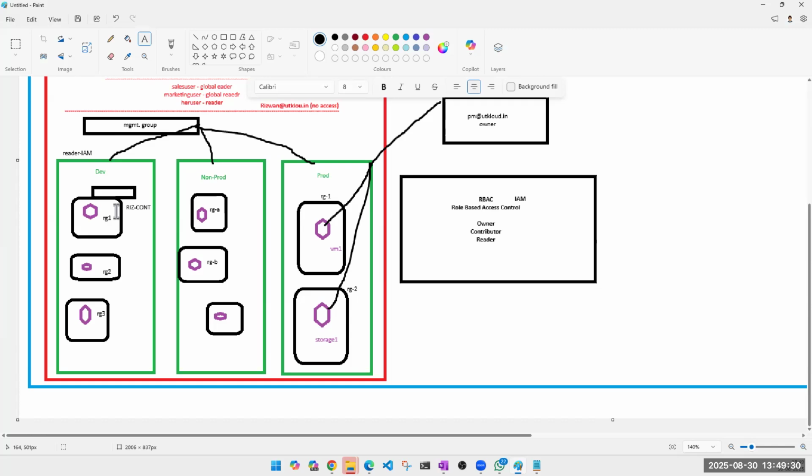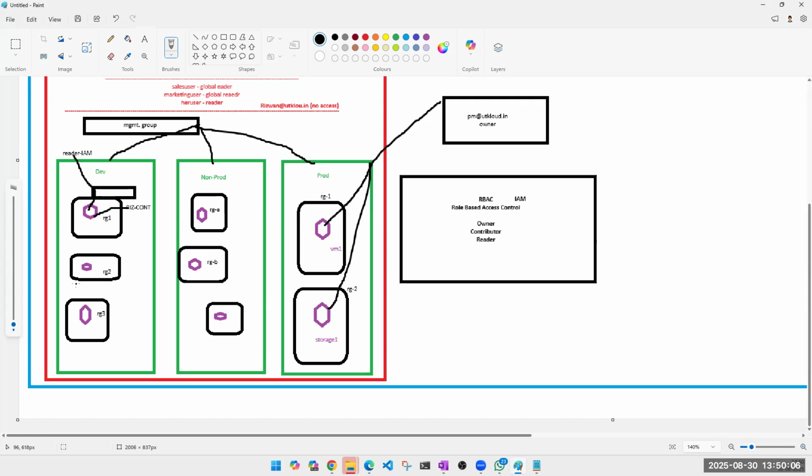Do I have to give him separate access on this VM? What kind of access will he have on this VM? By the way, there's a VM in resource group 1. Rizwan has reader access on subscription. He is inheriting that access from here, right? And he's inheriting some access from here also. So what kind of access will he have on this virtual machine? Contributor. And why not reader? Contributor, reader as well. By default, it will be both.